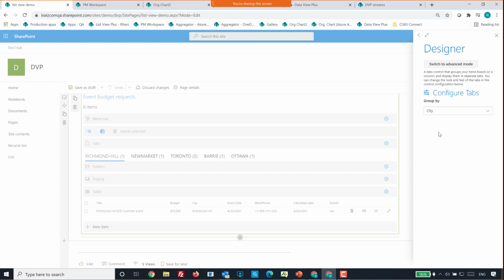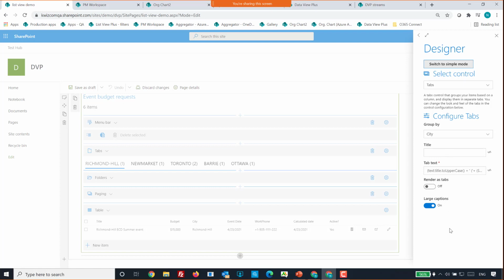Now, every control has two modes of configuration. There's the simple mode, which shows fewer properties. And if you click here, switch to advanced mode, you'll see more properties. We do it because we don't want to overwhelm less technical users. So we show by default only the most common properties that users like to configure. You switch to advanced mode, we show more